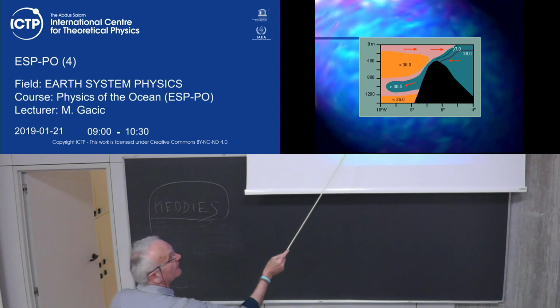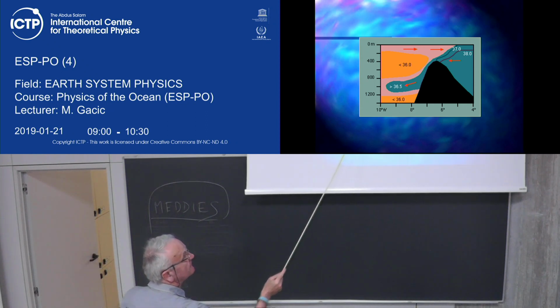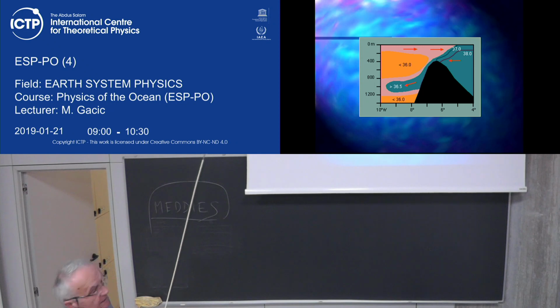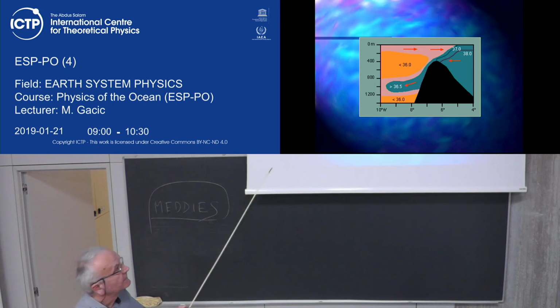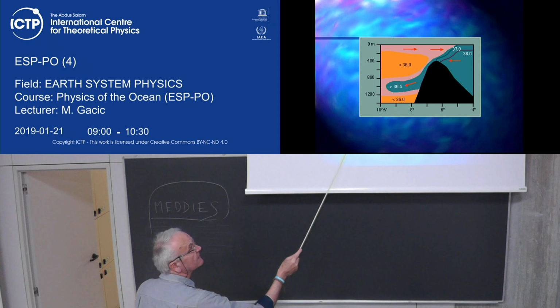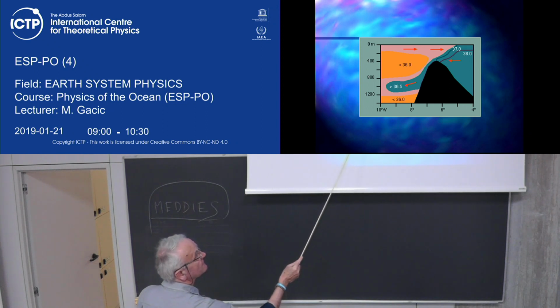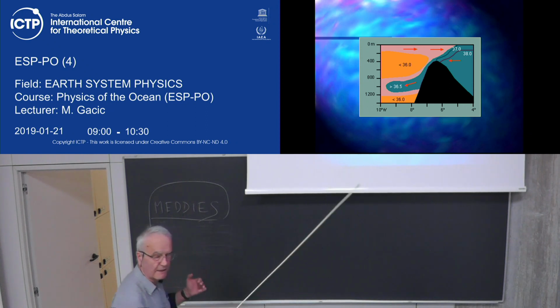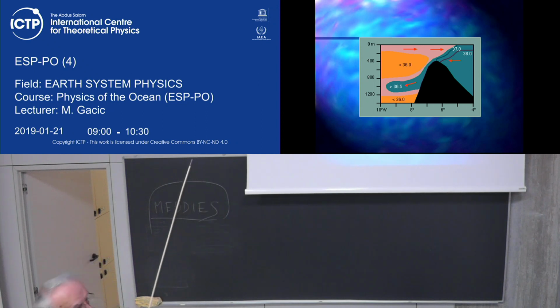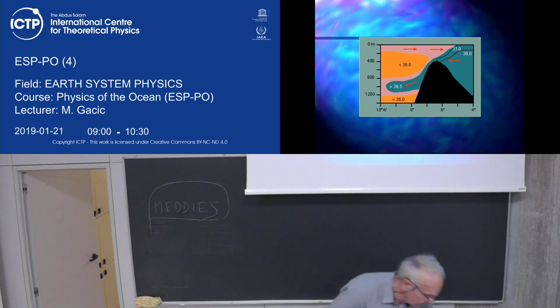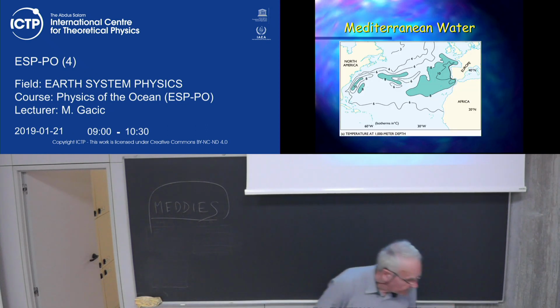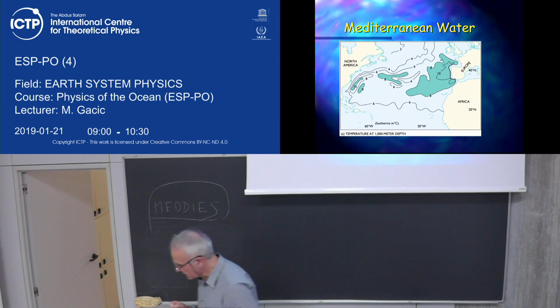But since the temperature of this Mediterranean water is higher than the surrounding water, the density here is higher than here, but lower than here and higher than here, because the temperature is higher here, although the salinity is higher. So this is how schematically this looks like. And this is how this Mediterranean water horizontally spreads over the